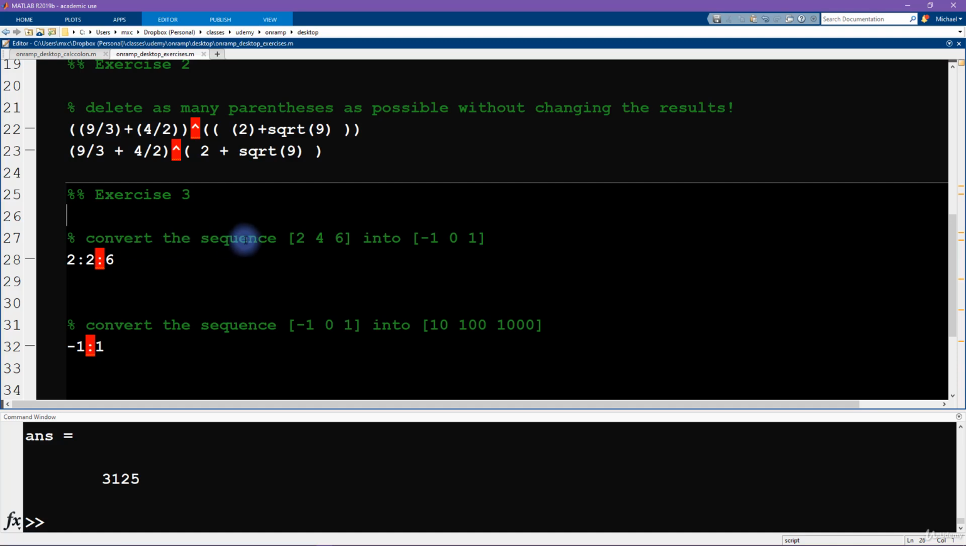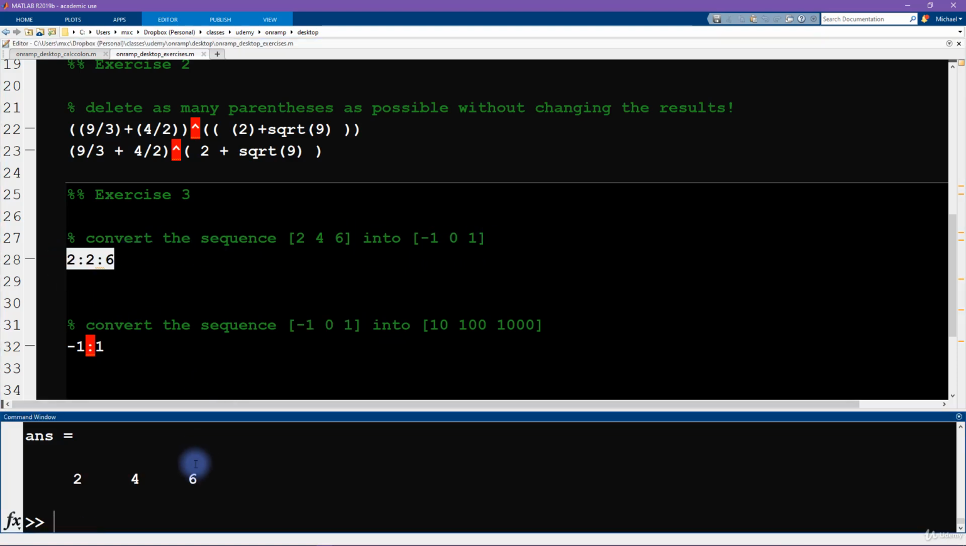Here we convert sequences. This is actually something that comes up pretty often. You might want a sequence that goes 10, 100, 1,000, and you start off with something like this. So convert the sequence 2 4 6 into -1, 0, 1. Here we have our sequence 2 4 6, and how do we get this to be -1? You might think of doing something like subtracting 3, but of course that's not going to work because I